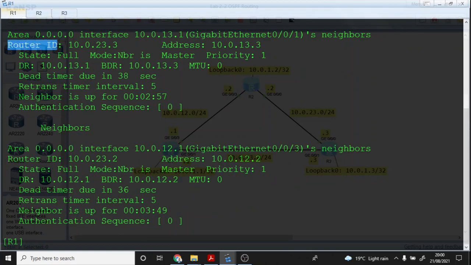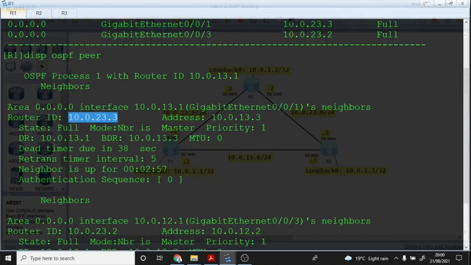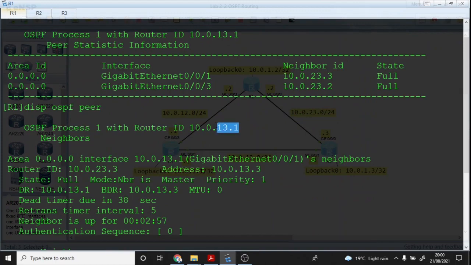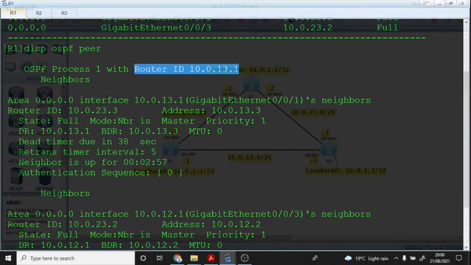Of course, we know that when it comes to DR and BDR election, we use the router ID. We can clearly see that this one has a higher router ID compared to our own router ID, which is this one, 13.1. So this is our router ID for router 1. Then this one is the router ID for router 3. So because their priorities are both the same, which is the default one, we've not changed, then technically speaking, router